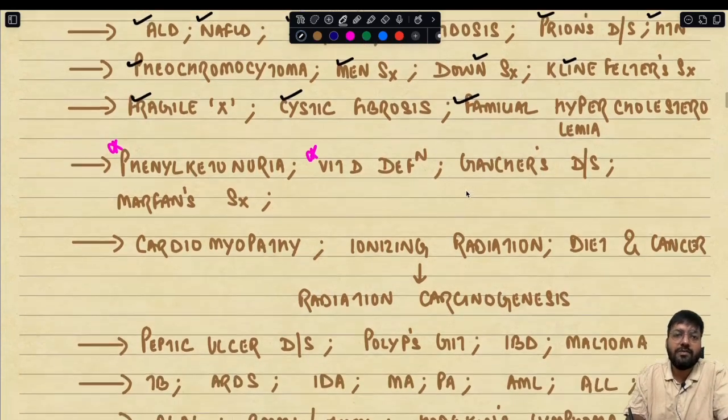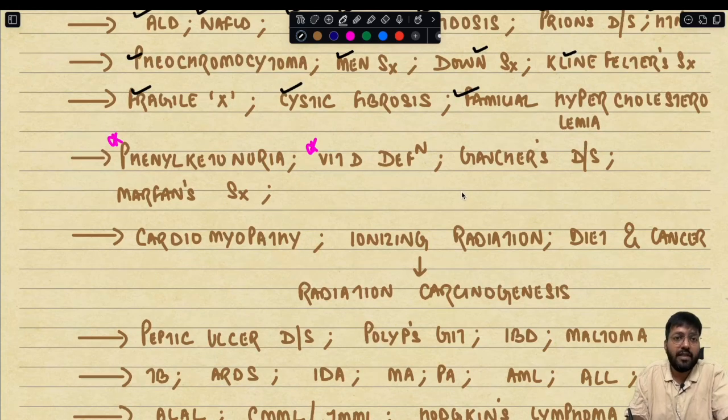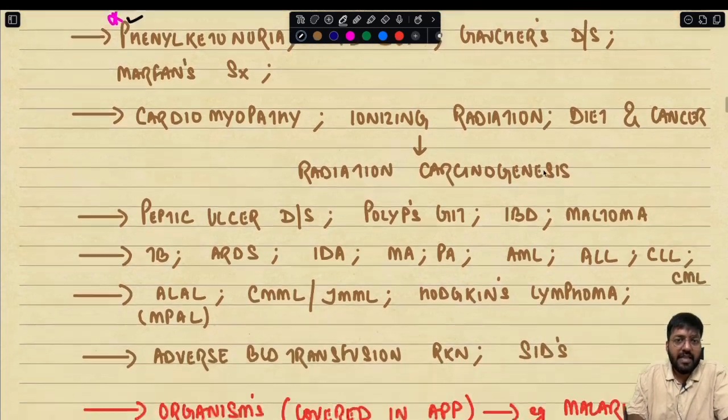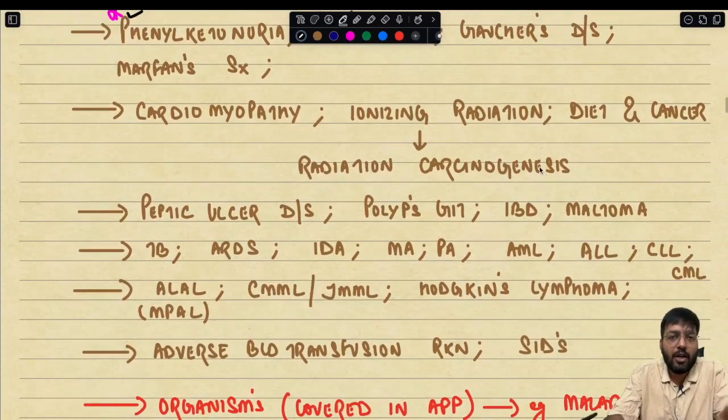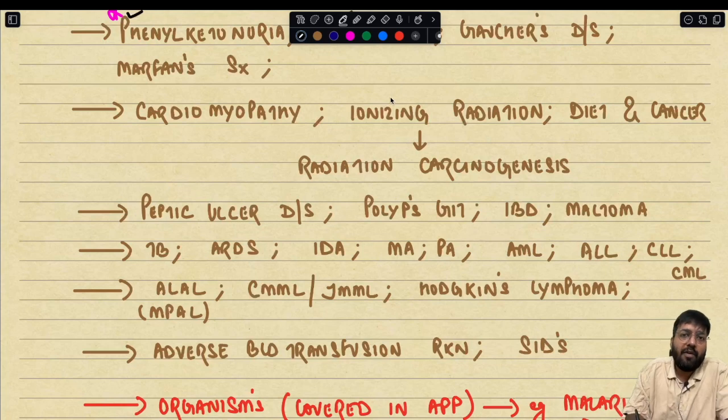Now what are the questions which are added for this year or which are important for this year? Phenylketonuria has also made it to this list. Phenylketonuria or vitamin D deficiency also, as well as your Gaucher's disease and Marfan syndrome. Then other important questions include cardiomyopathy, role of ionizing radiation in carcinomas as well as radiation carcinogenesis, role of